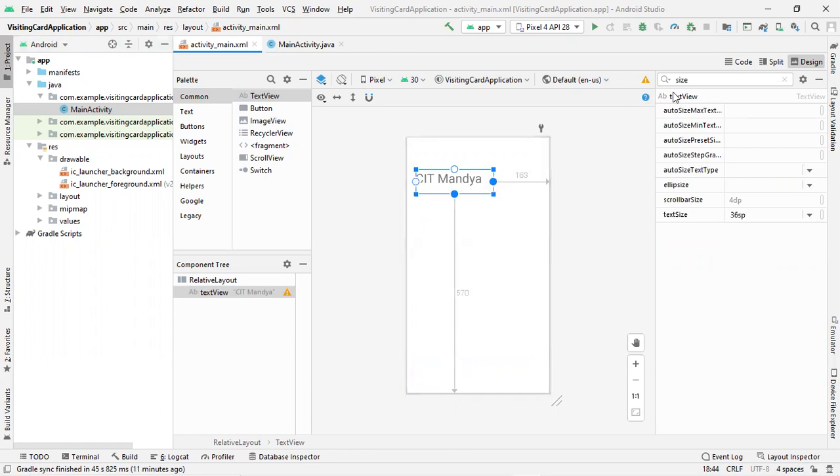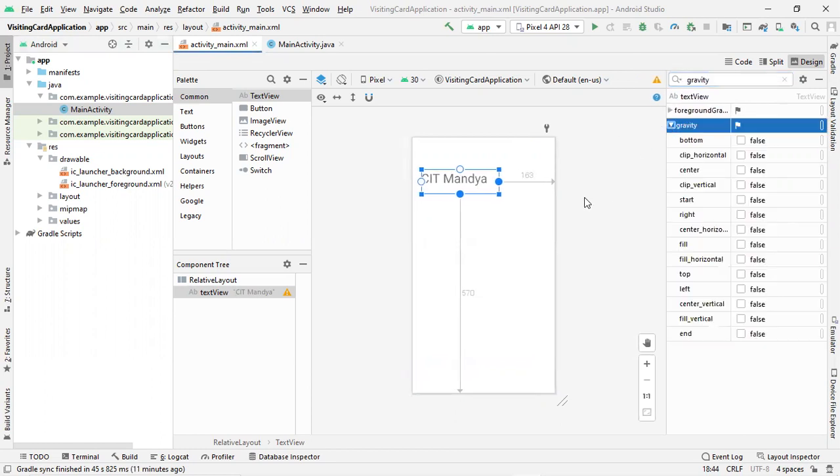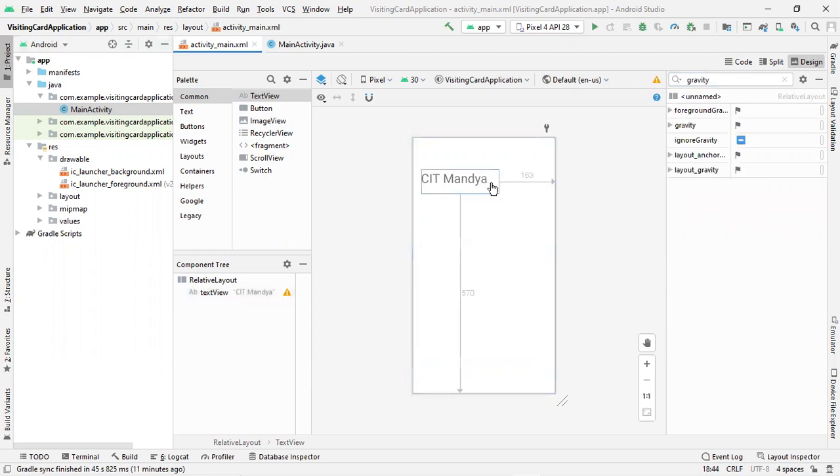So we can make it center aligned if we want inside this particular box. If we want, we can make it center aligned by going through gravity, that we saw in our previous presentation session. We can do that by going to the gravity part. Now, adjacent to your company name, you need to have the logo of the company. So that logo first needs to be imported into your project. Only then can you use that particular logo in your code.